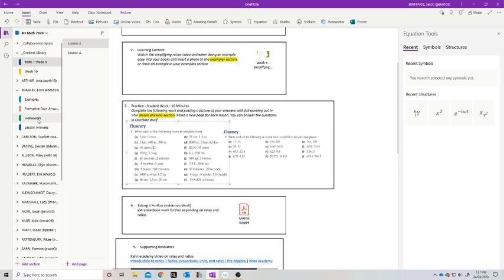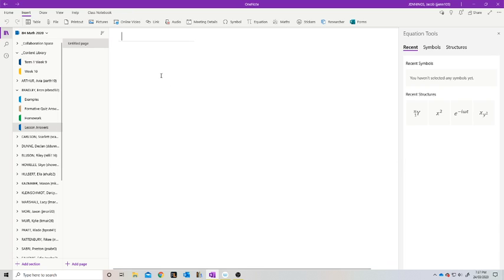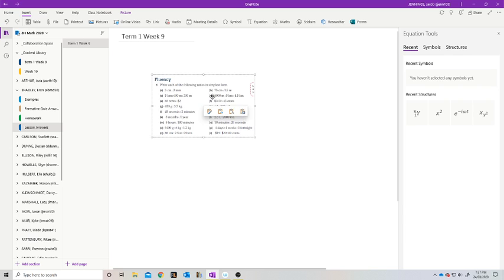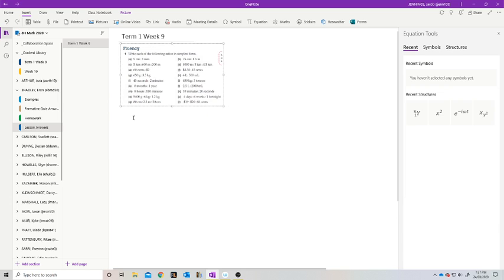So let's say you copy this and you go to your lessons answers tab, and we give it a title here, term 1 week 9. And we post it here. So now instead of having to flick it back and forth, we've got all our questions here. And we could go 1A, 5 centimeters to 3 millimeters, and let's just say the answer is 10 to 10,